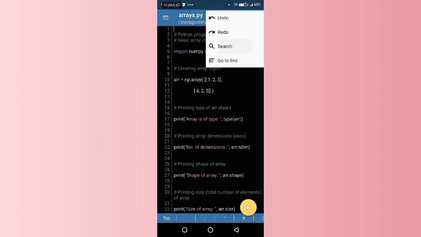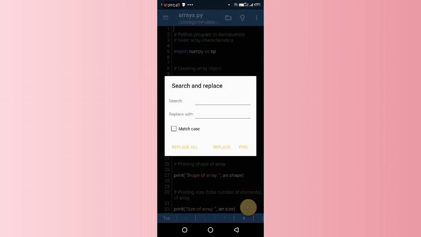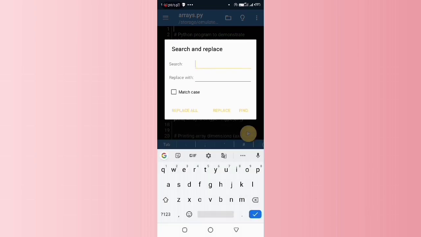I'll just click on this search, friends. It is asking me for a word to search. I'm typing print. Then replace with my name. Wherever print is written in your program, it is replaced with my name.